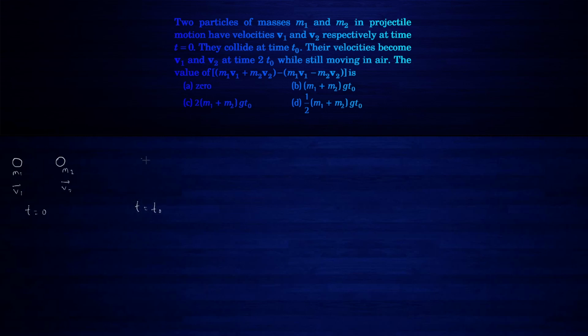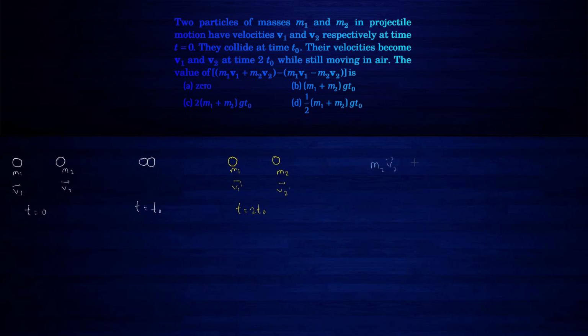had a collision, and at time t equals 2 t0 mass m1 is moving with velocity v1 dash and mass m2 is moving with velocity v2 dash. Now we need to find the quantity